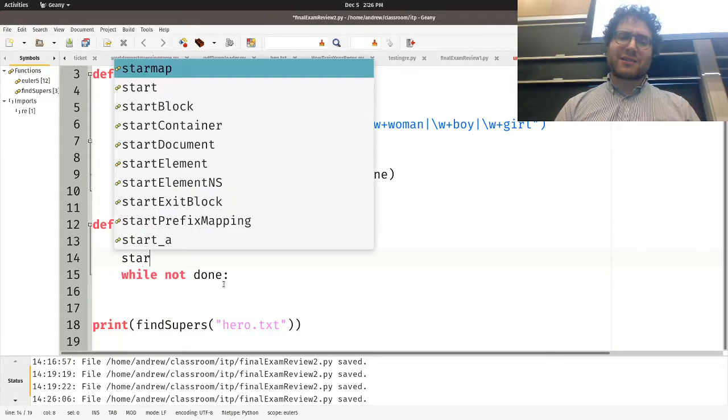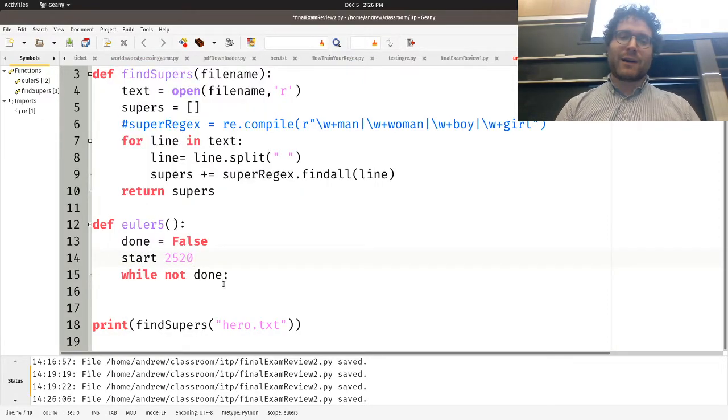I'm going to say our starting point is going to be 2520, because that is the first smallest number that's divisible by all the numbers from 1 to 10, right? So that's a good place to start. Or actually, let's start with num. Say num is equal to 2520. While not done,